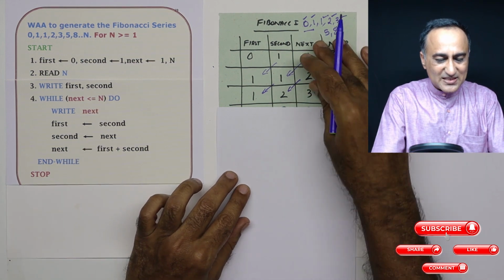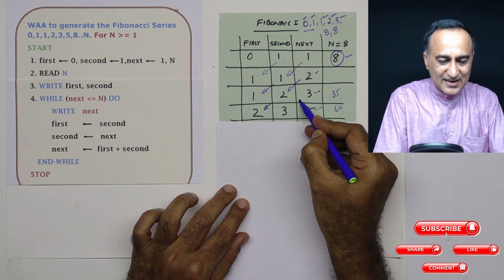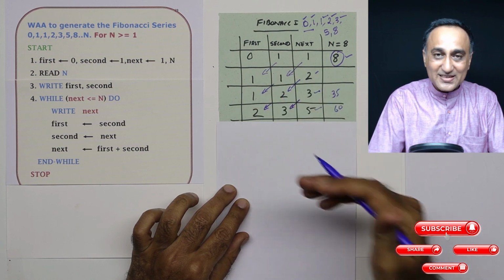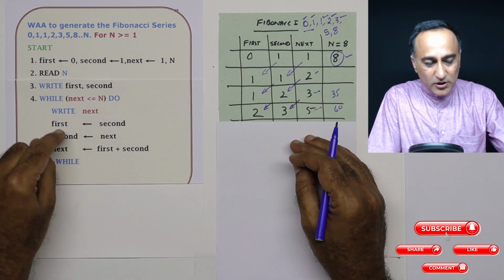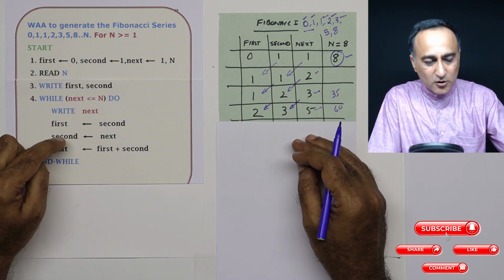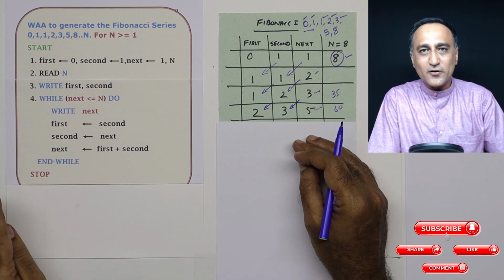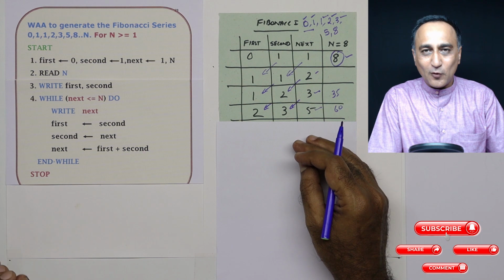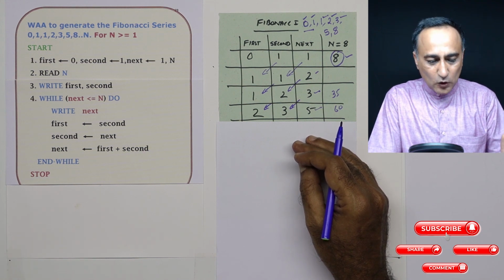Then at this step I am going to continue the movement again like this. If you draw arrows like this, it's very easy to develop the logic and understand what is happening. You need to understand that the order of this movement should be in the right step. You cannot do second is next first and then say first is second. Then the whole thing goes for a toss. That is the fundamental rule of an algorithm: doing the steps in the right sequence or right order.